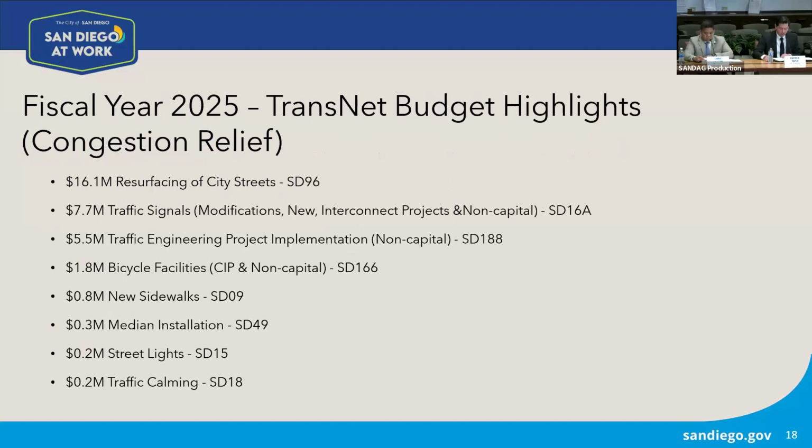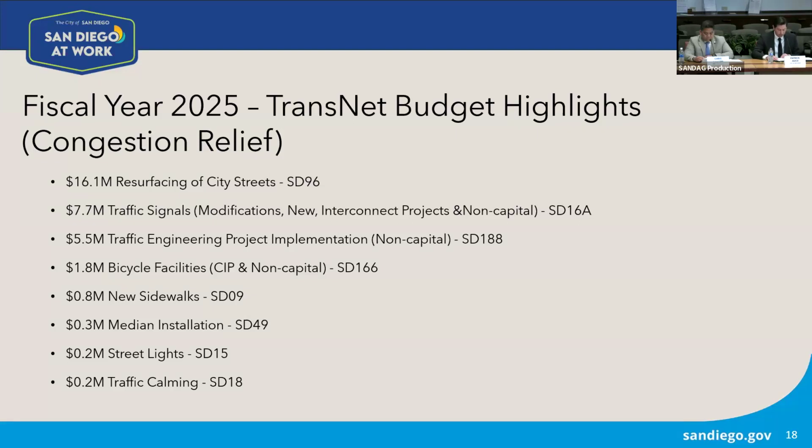Some of the fiscal year 25 TransNet budget highlights are 16.1 million for the street resurfacing program, which is one of the city's highest priorities next year. 7.7 million for traffic signals, which includes new traffic signals, modifications to existing traffic signals, as well as non-capital traffic signal projects. 5.5 million for traffic engineering project implementation, 1.8 million for bicycle facilities, both capital and non-capital projects,